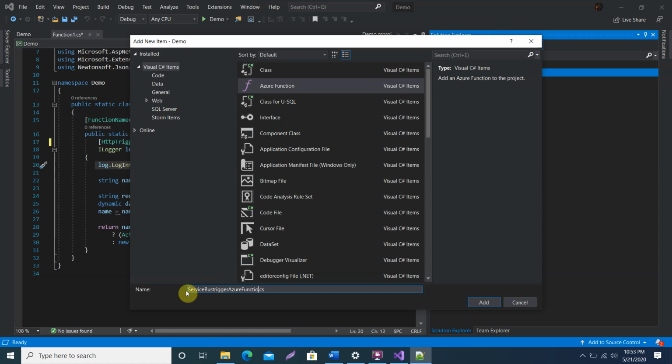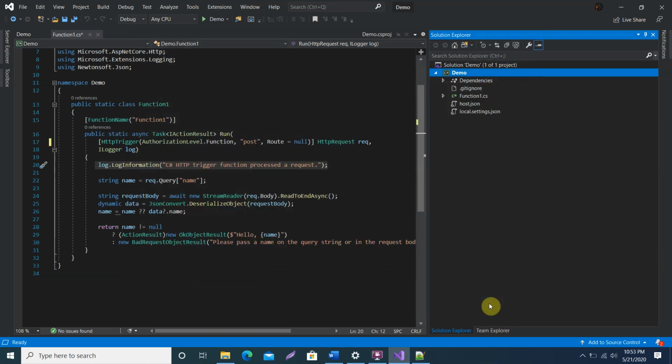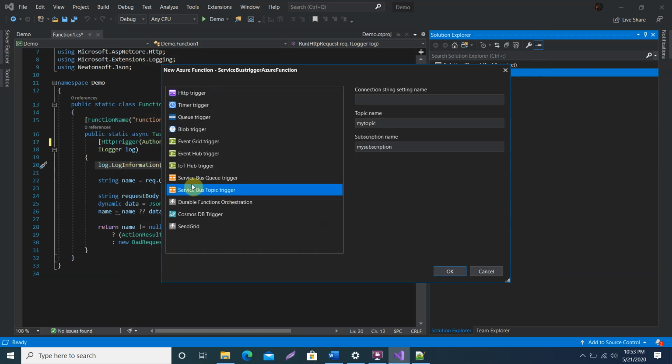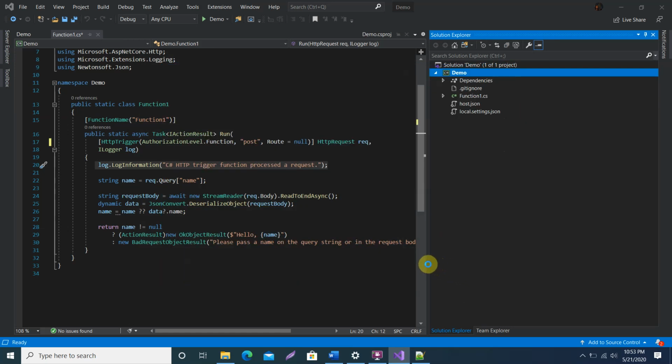It means whenever any message comes to your Service Bus, it will hit this Azure function. I will choose the Service Bus topic, and you can give the topic name and subscription name. I took the default one, I'll show you once it gets created.